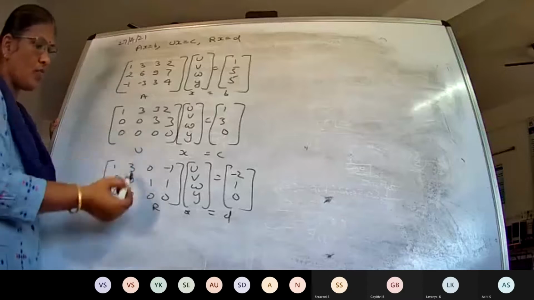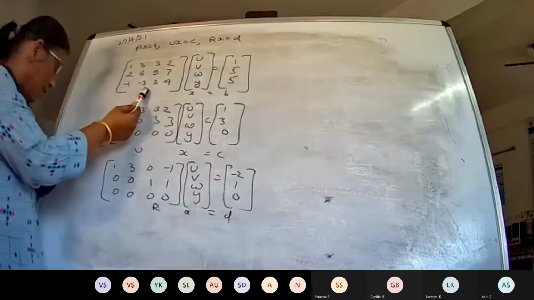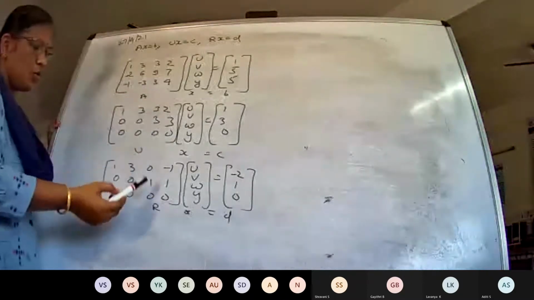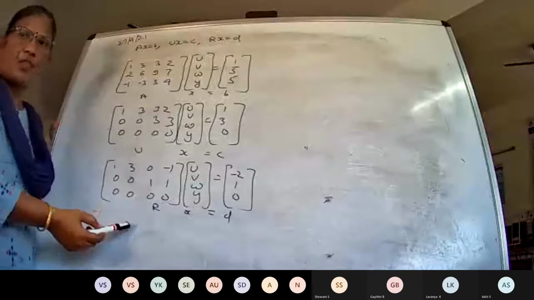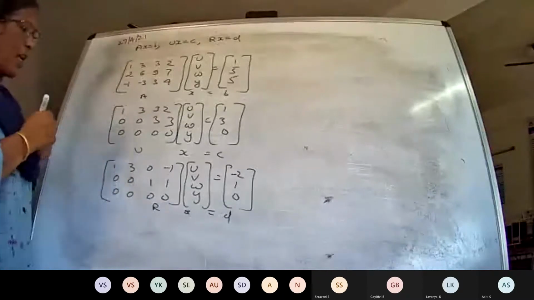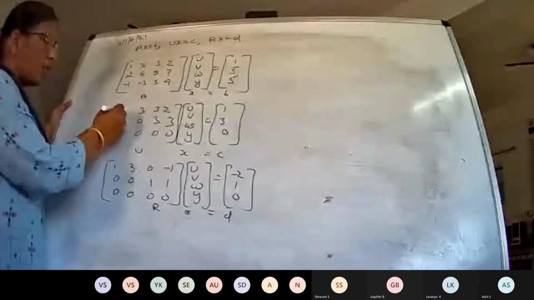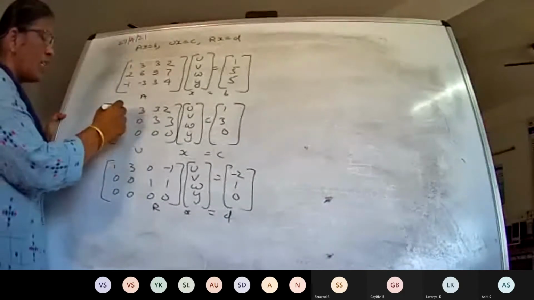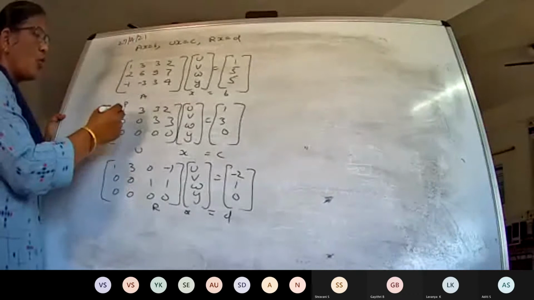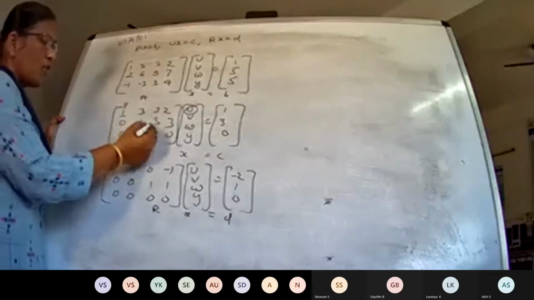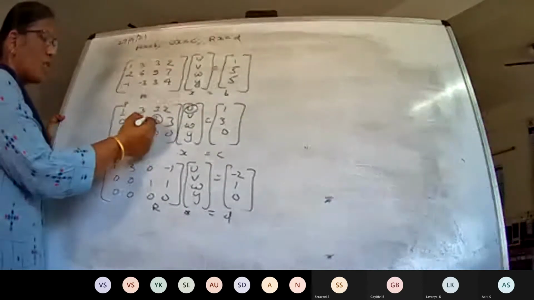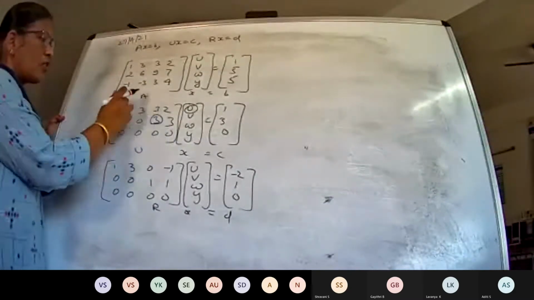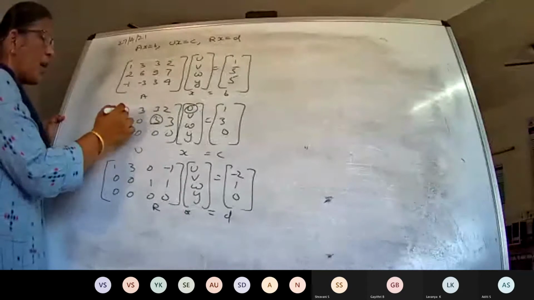So this was the last example I had taken; I have taken the same example here. After reducing A to U and U to R, we had got this. So what were the pivot variables? The pivot variables are these: the first non-zero entry in each row is the pivot variable. So U is a pivot variable, and coming to the second row, this is the first non-zero, so this is your V. This is your pivot variable. This is your pivot variable.